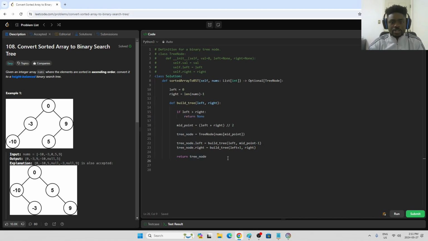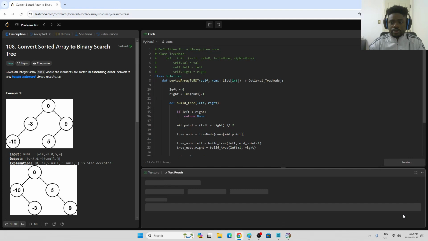That just means that we've hit our leaf node. Once we're done, we just say results equals build tree, pass in our left and right pointers, and return results. If I run this,